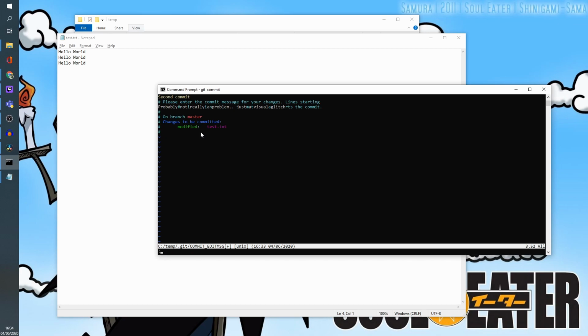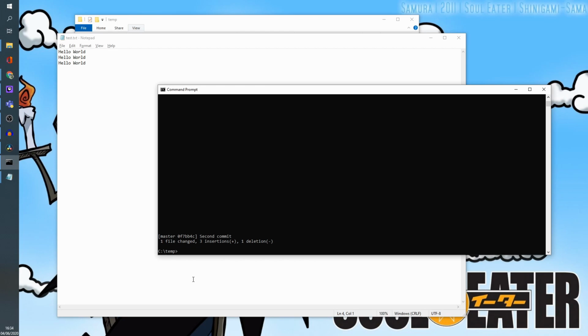Okay, I'm going to save. So if you're in Notepad++ or in Visual Studio Code, you just save and exit your editor. It's the same thing I'm doing here. So :write and quit. I'm just going to save my commit message and then quit out of my editor. And you'll see that